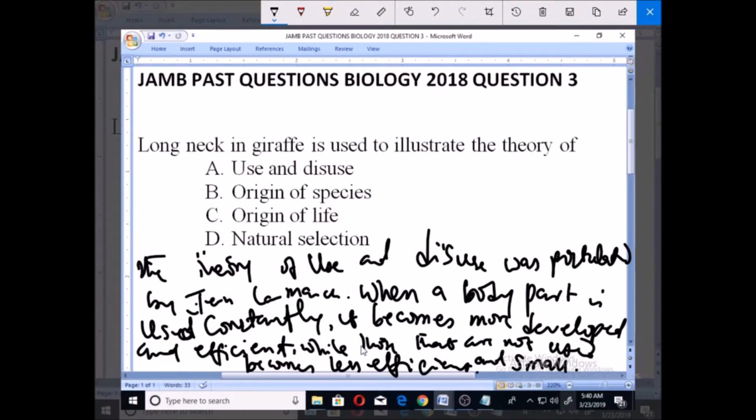example, stating that ancestors of giraffe had short neck. However, because they had to stretch their necks to reach for leaves on trees, the necks got longer, and this was passed to their offsprings as a trait. So you can see this is actually why the giraffes have long neck, because their ancestors, like this is a giraffe,